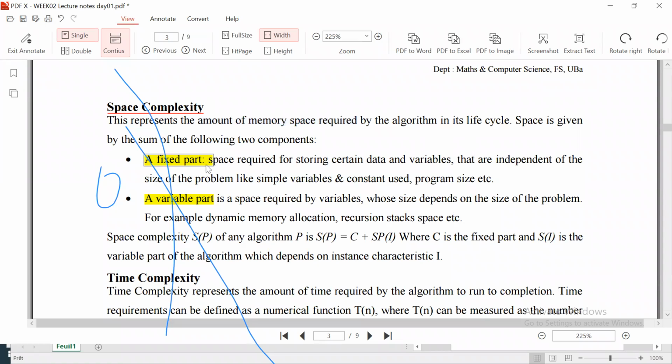And here we have the fixed part. When you define your algorithm, you have some variables that are constant, that do not change. So these variables will represent the fixed part of your space complexity. For example, if you have a constant like pi,